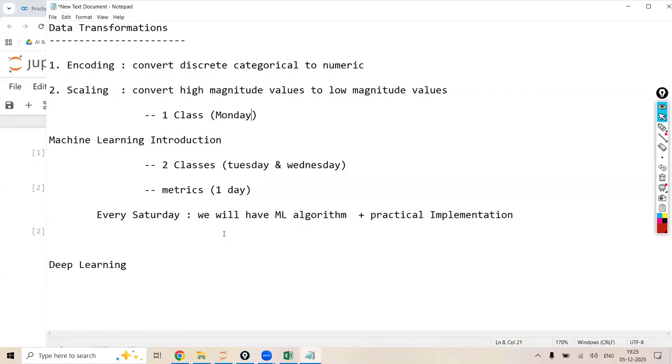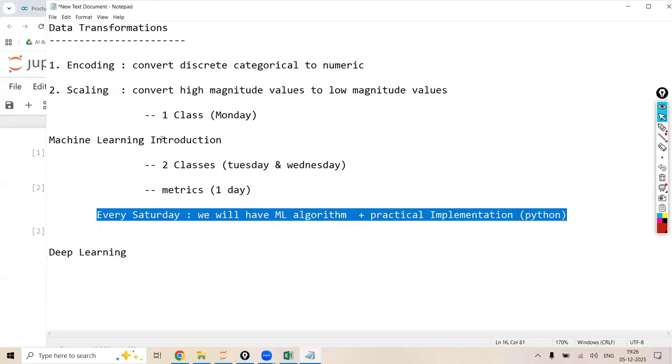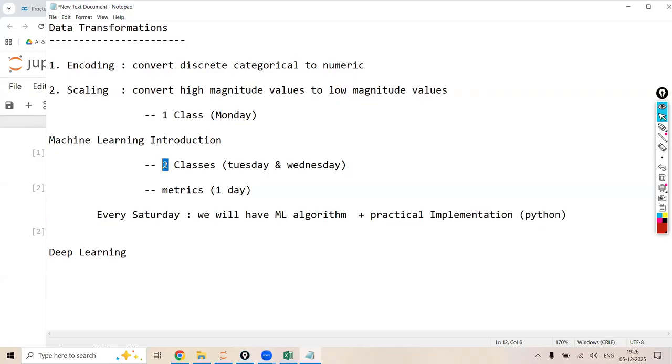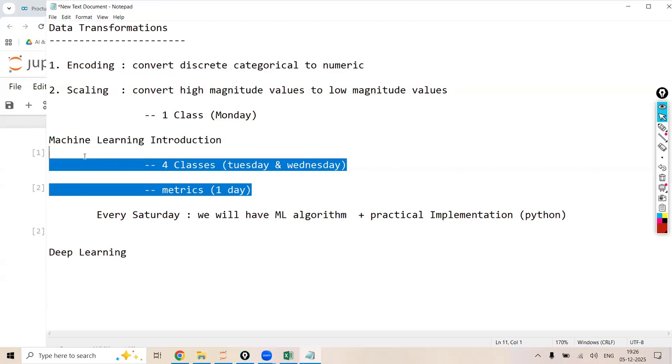But on Saturdays, the ML algorithms we are going to discuss with practical implementation using Python will be done from the upcoming Saturday onwards. But once this introduction is completed, the basics we are going to complete in the next 4 classes. Here we are going to have the 4 classes,